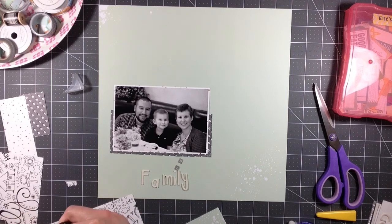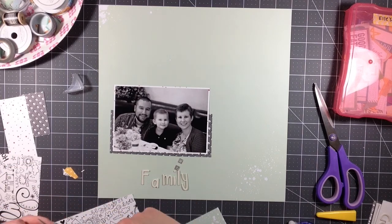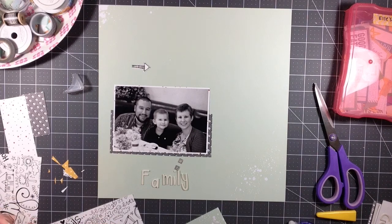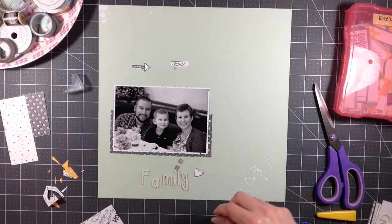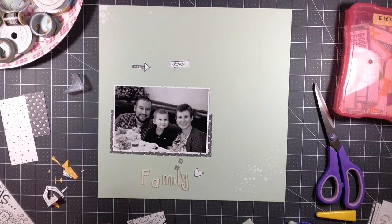So that's what I'm rifling through, and you see me pulling out different scraps. I have an Iris container, just like a lot of us do, and the lid just snaps off. So I took the lid off, and in the bottom, the bigger part of it, I put all of the scrap papers I have in my scrap room, which seems like a lot, but it's really not because I really try to use up a kit completely before I move on. And the top of the container has all of the embellishments and alphas and everything else that I'm using with this, I guess it's kind of a stash kit